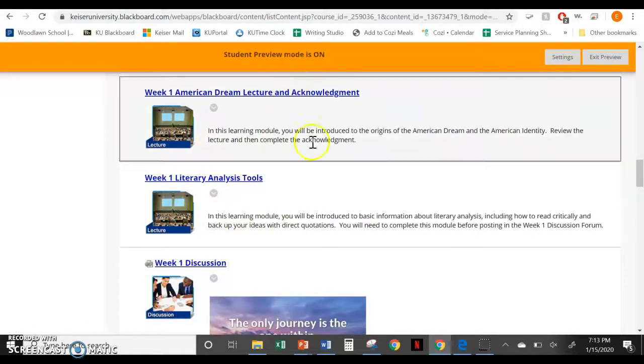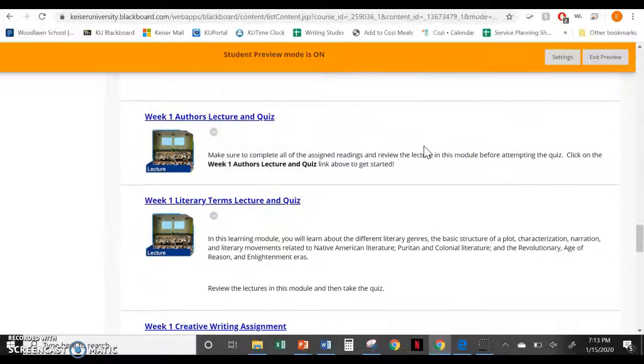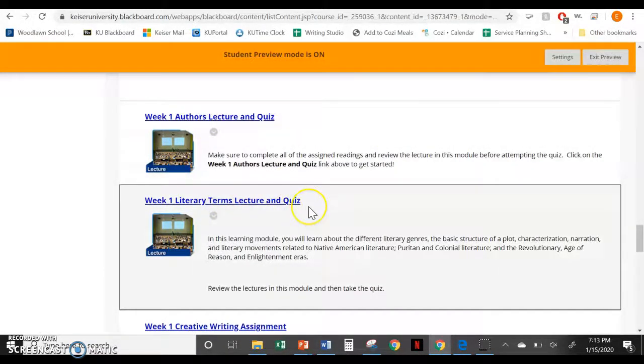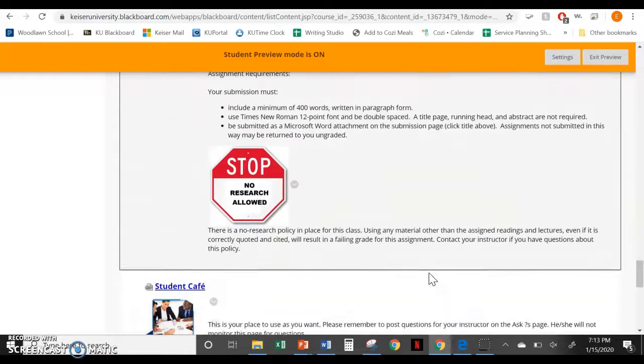Keep in mind that some of these are going to have quizzes attached to them. So when you email me and you say that you haven't been able to find the quiz, my understanding is that you didn't read through the modules, because the quizzes are often going to be at the end of the module. Once you go through all the information, you fill out your quiz. Again, the same thing here with literary terms and that quiz, and then your creative writing assignment, and that should bring us